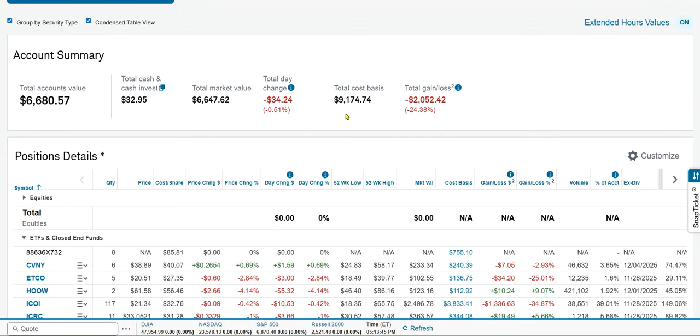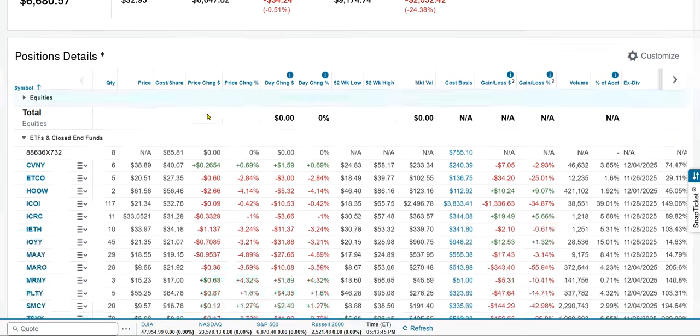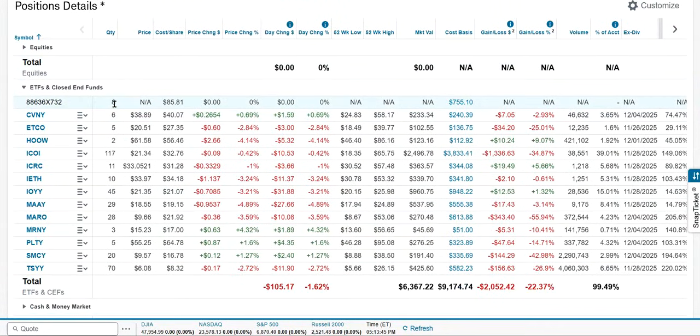Next we got our Charles Schwab cash account. Total cost basis $9,176.74. Market value is at around $6,600, a little bit over $6,600. This position right here is MSTY. After the reverse split, the average cost is going to be $85.81. I don't know if that's accurate until this finishes completing processing for tomorrow. But anyway,